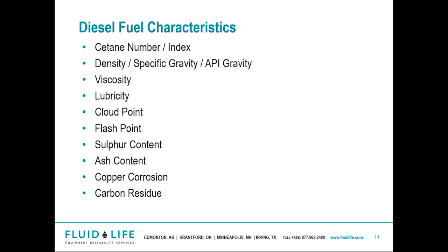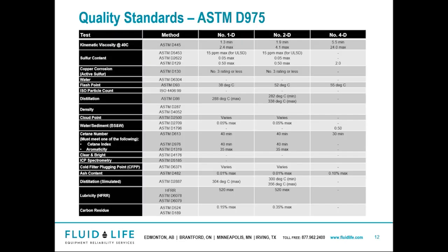Okay, all diesel fuels have characteristics. Here's a bunch of them. In the full webinar on our website, I go into detail about all of these characteristics, what they actually mean, how they're measured, OEM standards, that kind of stuff. I guess the most important thing to take away from today is that there are quality standards tied to diesel fuel, and the